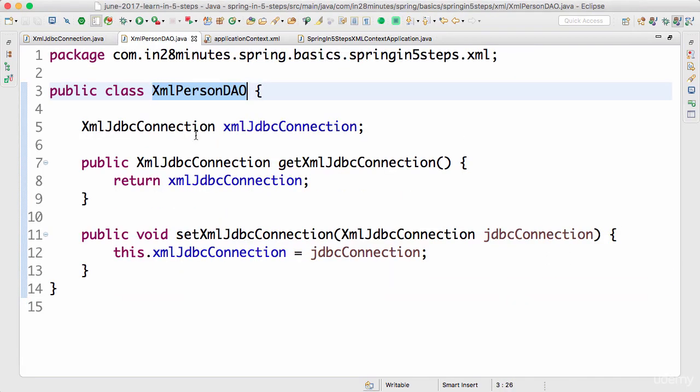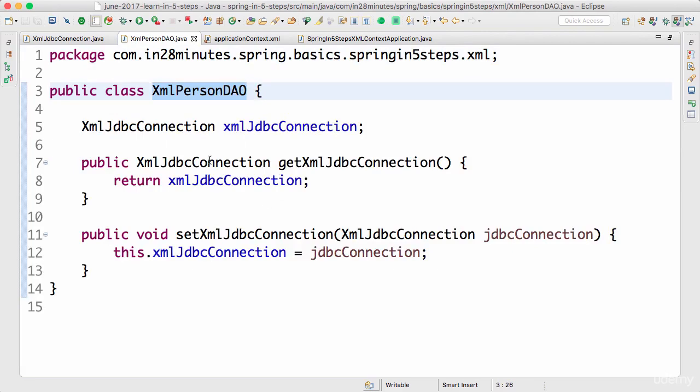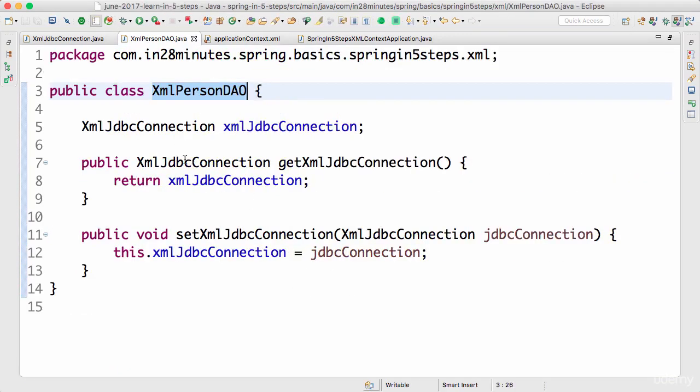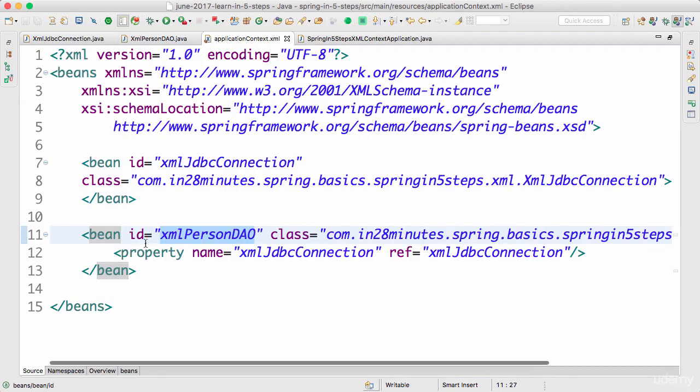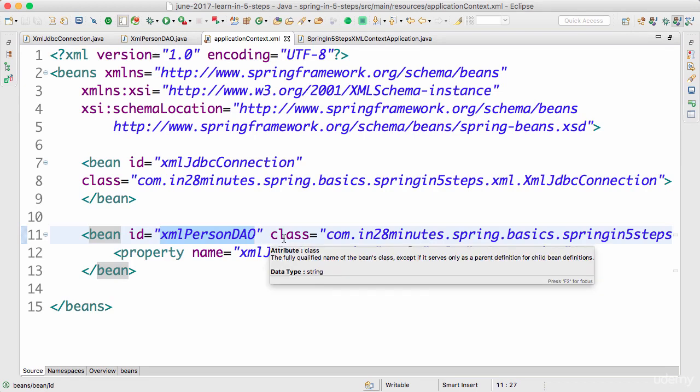If we look at the XML person DAO, we are not using any annotations in here. So this is how we were doing development when I started with Spring. You had to actually define the beans, then you had to go to the application context.xml and define the dependencies. These kind of XMLs run into thousands and thousands of lines, and they are very, very difficult to maintain, because whenever I add a dependency in here, I would need to go into the XML and add the dependency in there as well. And whenever I create a new bean, I would need to define it in there as well. So it was very tough.